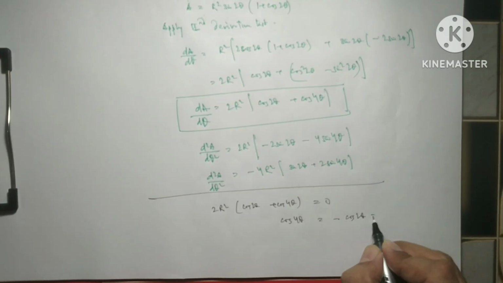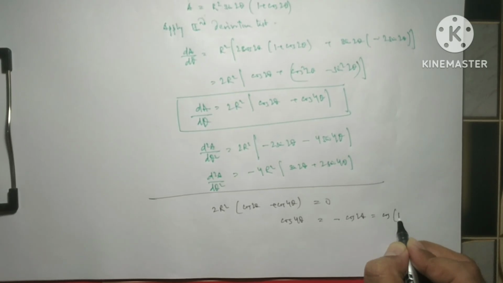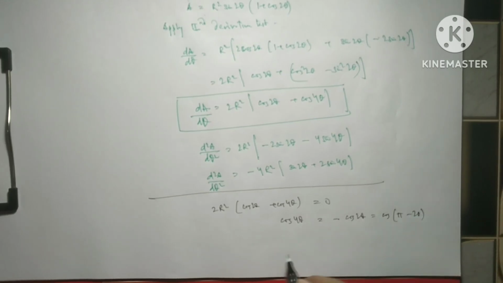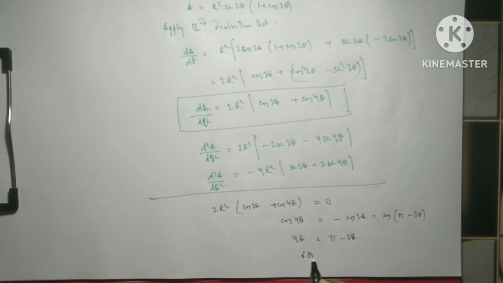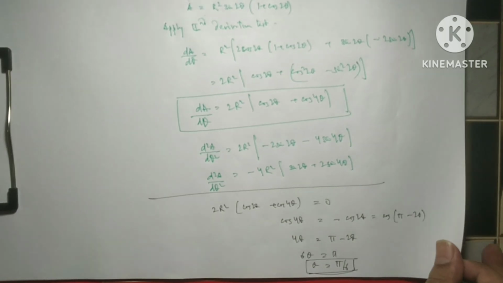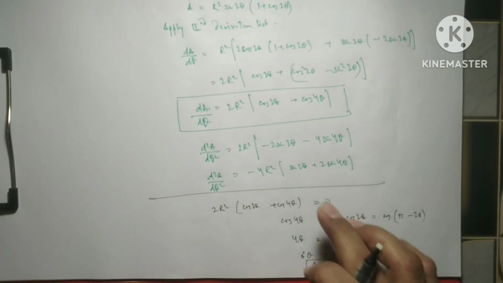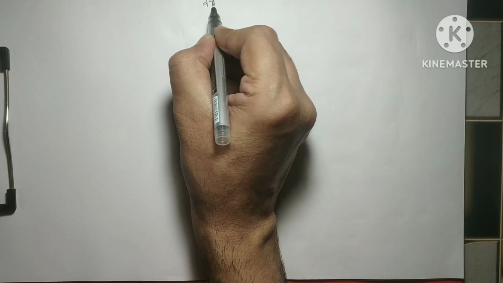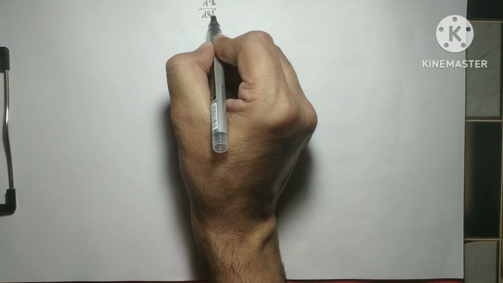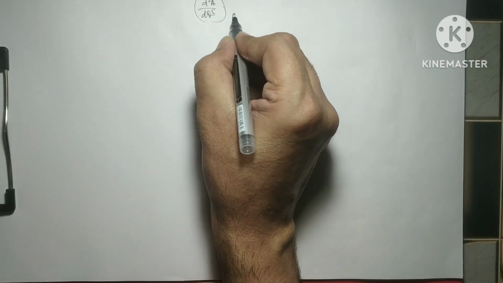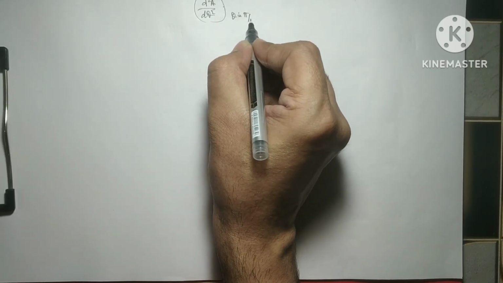So you can write cos(π − 2θ), means 4θ is π − 2θ. So 6θ is π and θ is π/6. And when we put this value in d²A over dθ² at θ equals π/6 in the first quadrant,